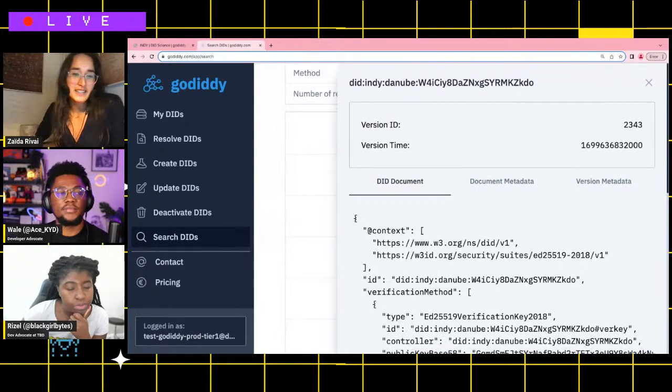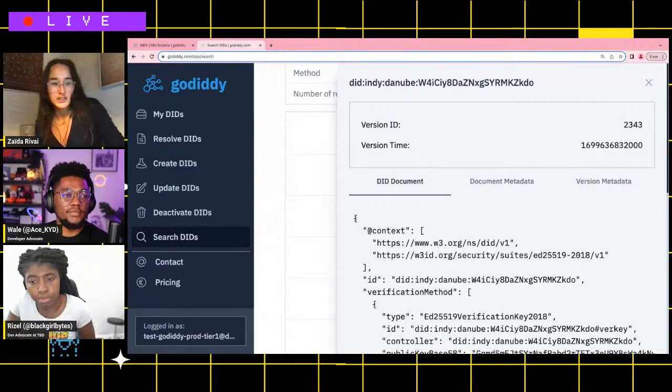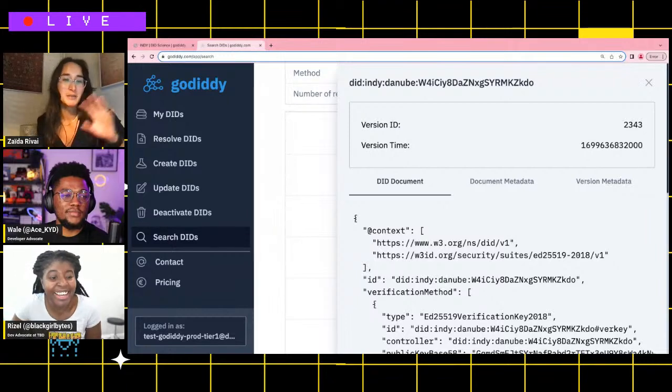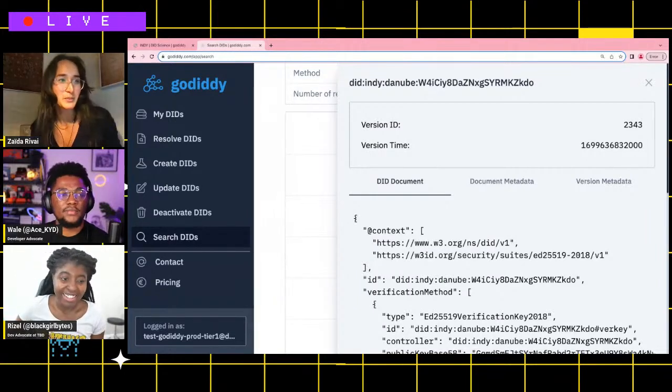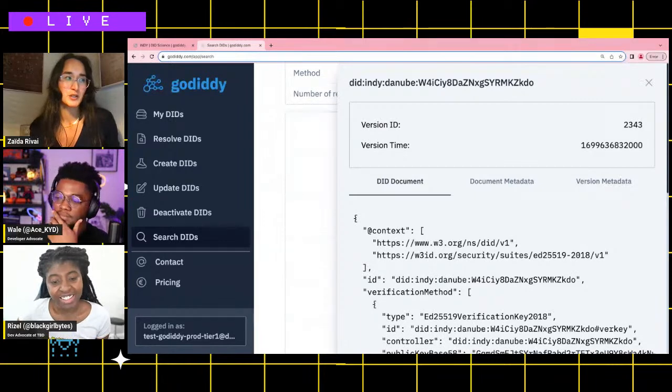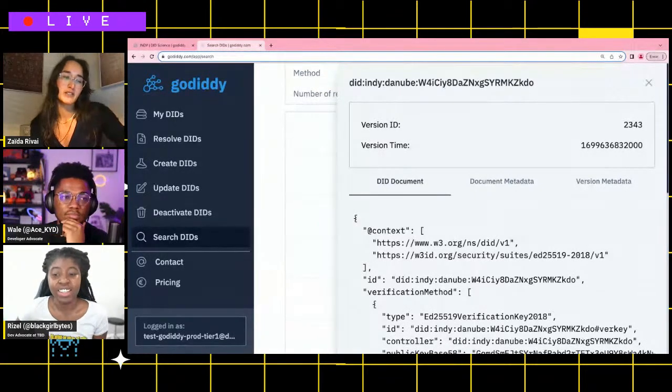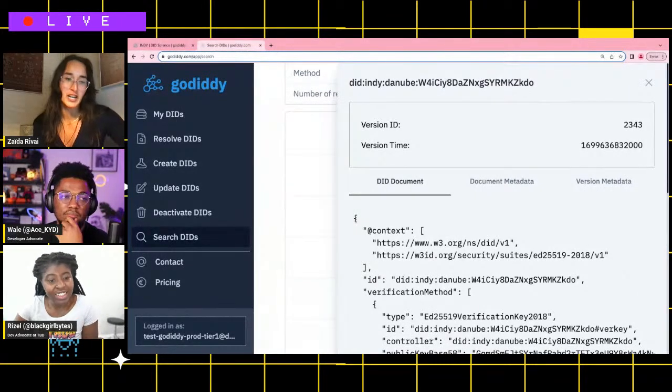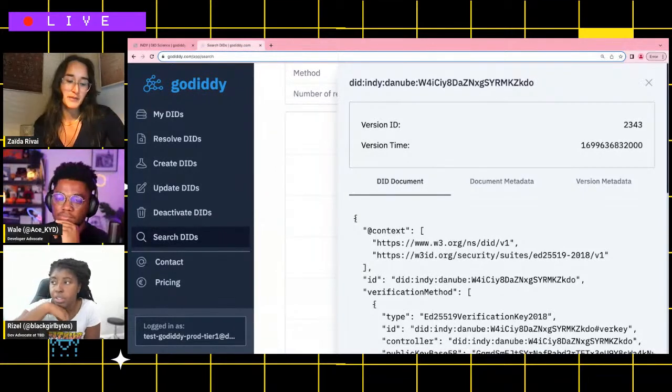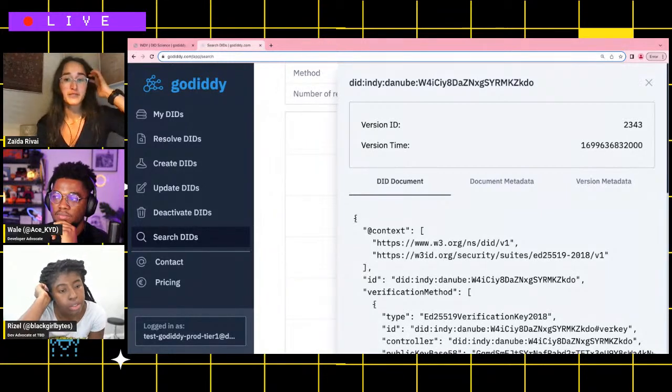It really is, I think, decentralized identifier nerds that really want to look at this and just play around, they might be interested in this, but it really essentially is more of a B2B kind of thing that we never do something for an end user. It's such an abstract level that it might only be of interest to people that want to integrate decentralized identifier solutions into their platform.